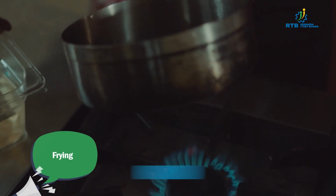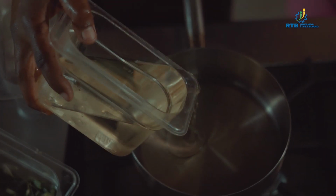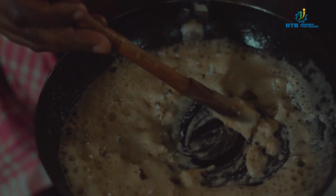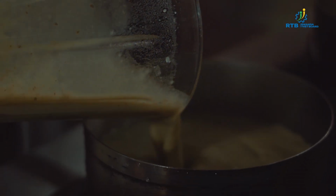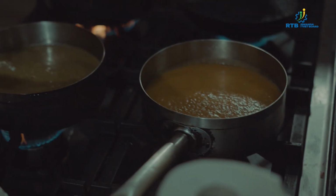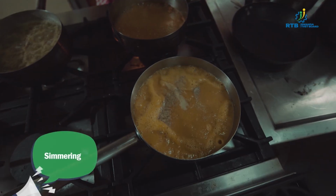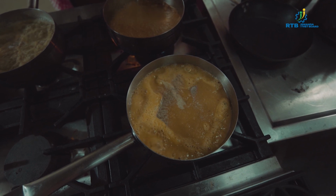Frying method: light sauce velouté. In another pot, Chef Joseph heats oil over medium heat. He adds flour, stirring until it's light brown. Then he pours in warm chicken or veggie stock and brings it to a gentle boil, making a flavorful light sauce. Techniques. Simmering. Just like with the white sauce, Chef Joseph lets the velouté simmer to blend the flavors and